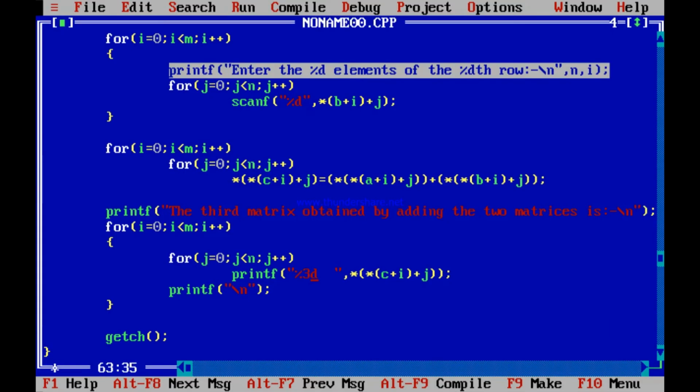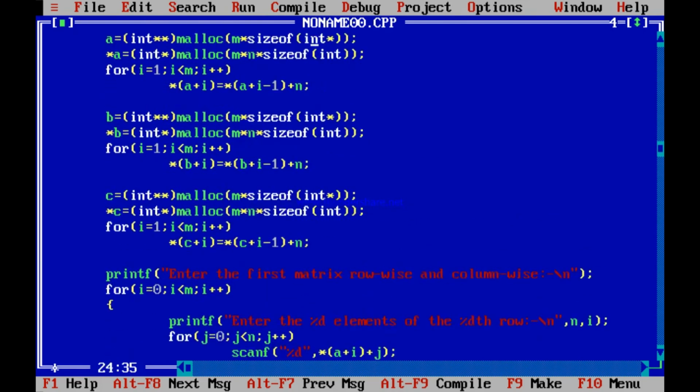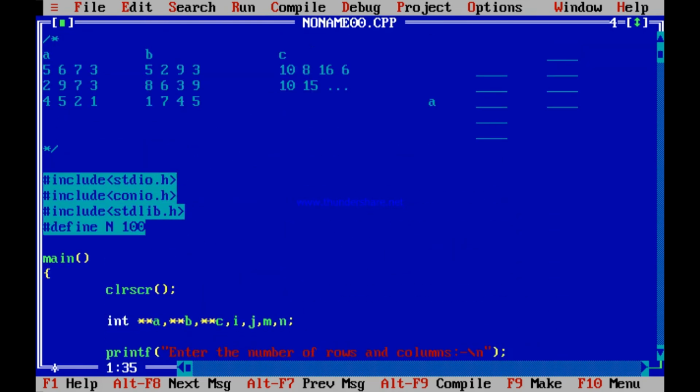So this is a program of adding 2 matrices which you had done earlier. This time I have done the same thing, only instead of writing a[i][j], I have written it with a pointer. So this is nothing new, but I did it as a bit of recapitulation. We will go out now and in the next program we will start a totally new dimension of C programming: characters and strings. So let us take a bit of break and come back. Thank you so much.